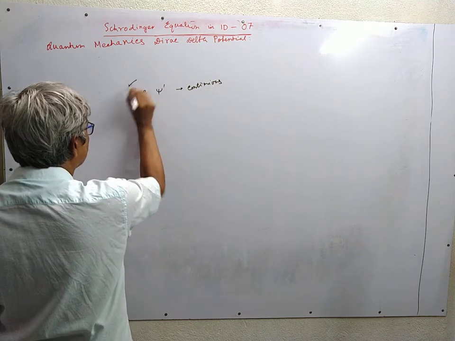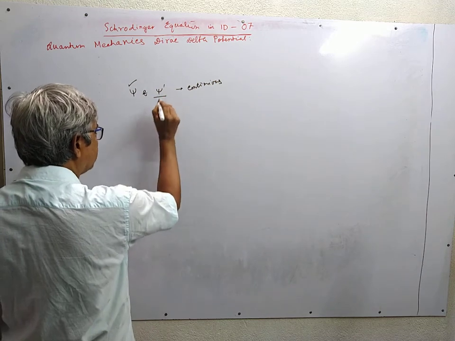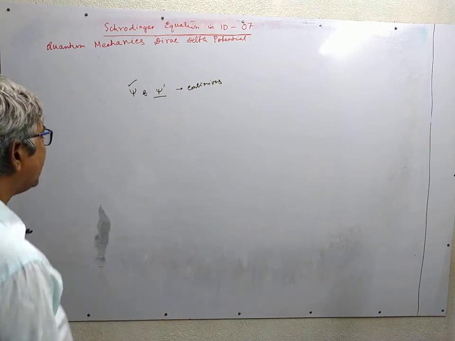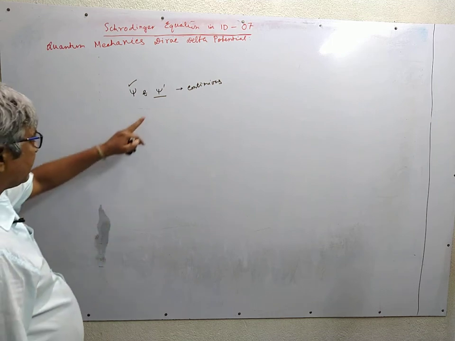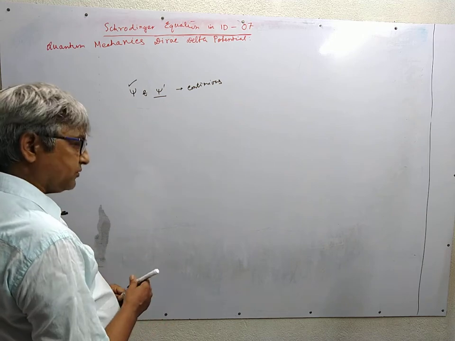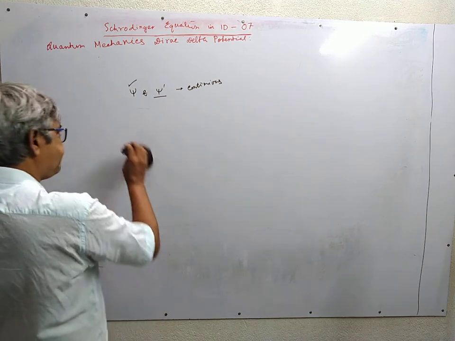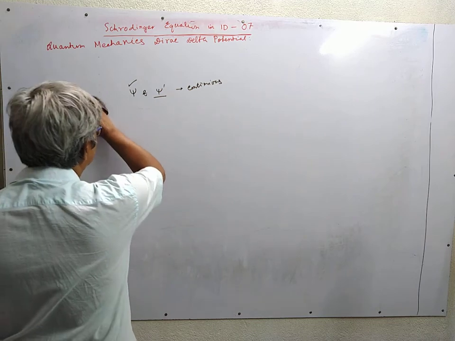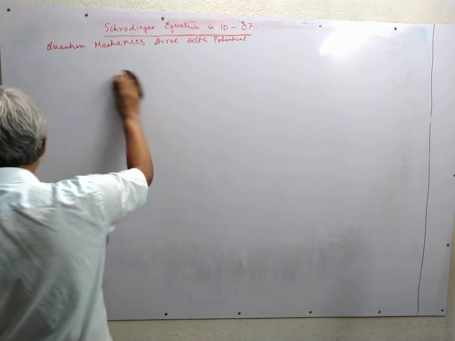This is not the correct statement. Psi has to be continuous everywhere, but psi prime, that is del psi del x, may not be continuous everywhere. We have already pointed out that the first derivative of the wave function is continuous only when there is no impulsive force, and in the presence of an impulsive force this first derivative is no more continuous. Today we shall